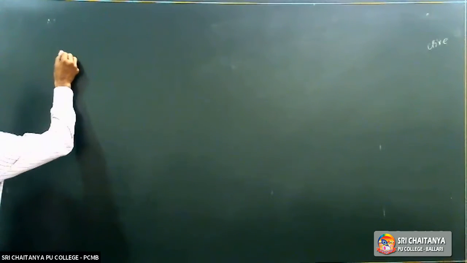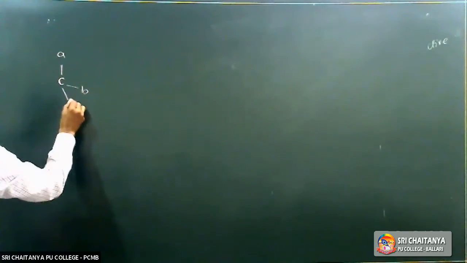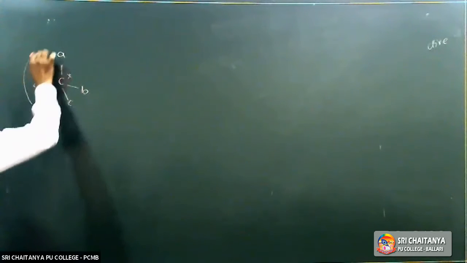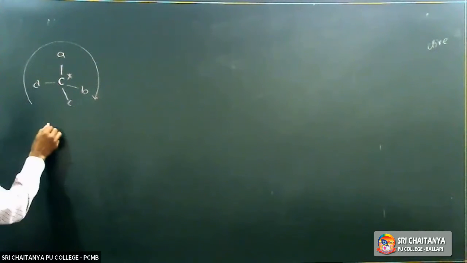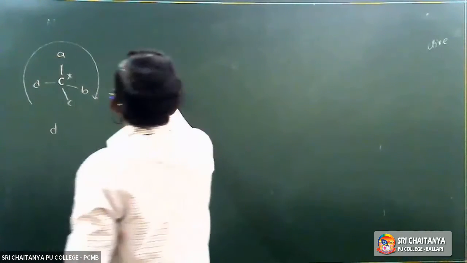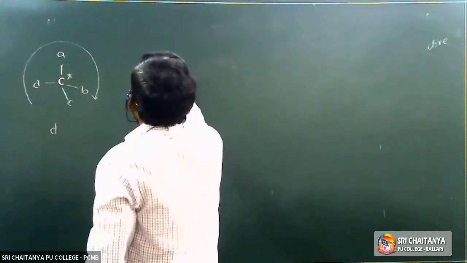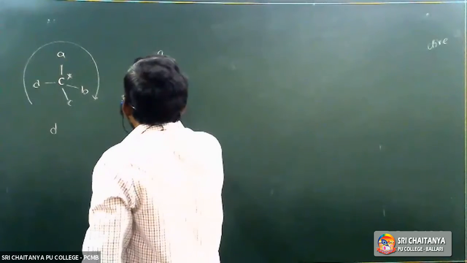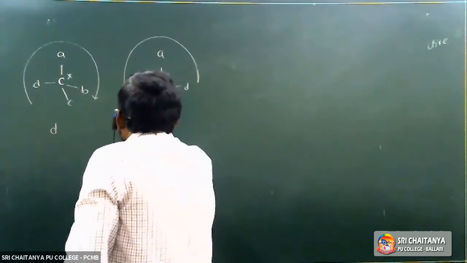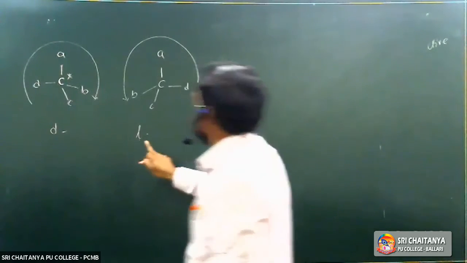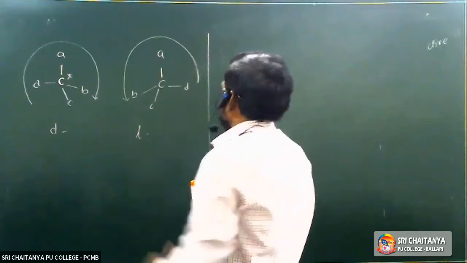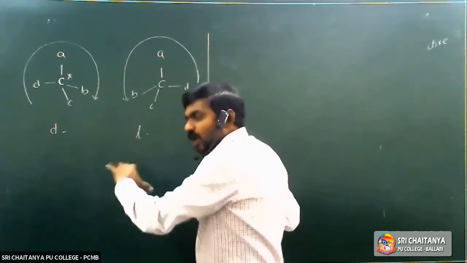Suppose the carbon has substituents A, B, C, D and is a symmetric carbon. If it rotates plane polarized light towards the clockwise direction, it is a dextrorotatory compound, denoted by small d. Its mirror image, another compound, rotates plane polarized light towards the anti-clockwise direction, so it is called a levorotatory compound, denoted by small l. That is small d and small l, which indicate the direction of optical rotation.